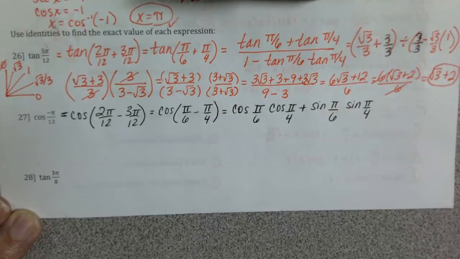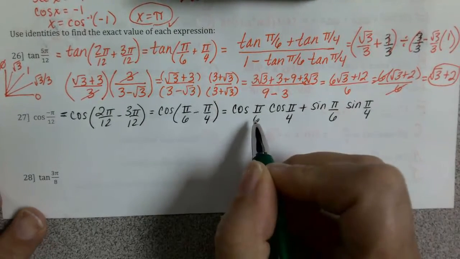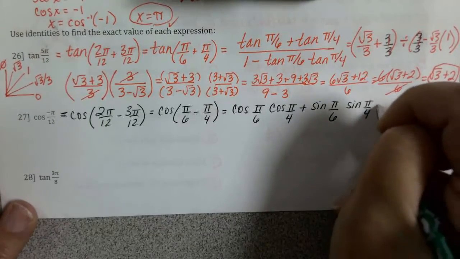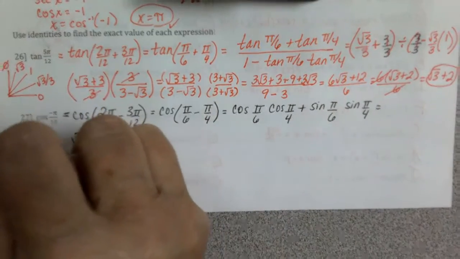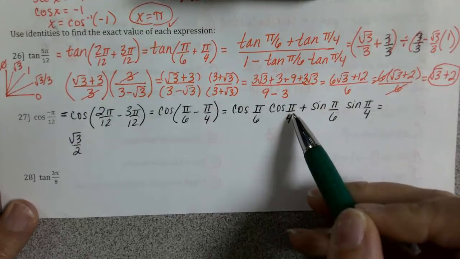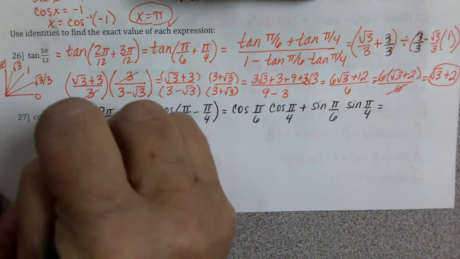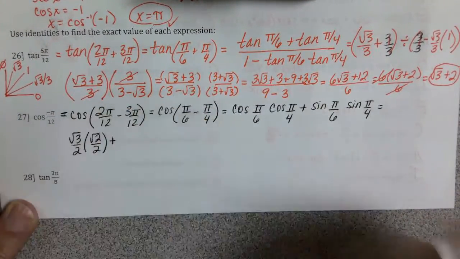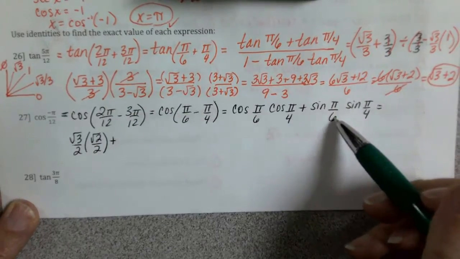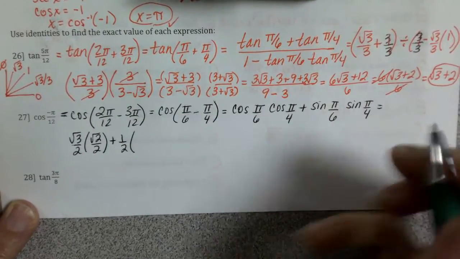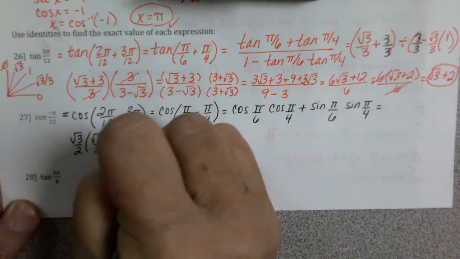And the cosine of pi over 6 is root 3 over 2. Then the cosine of pi over 4 is root 2 over 2, and a plus. Then we want the sine of pi over 6, which is 1/2, and the sine of pi over 4 is